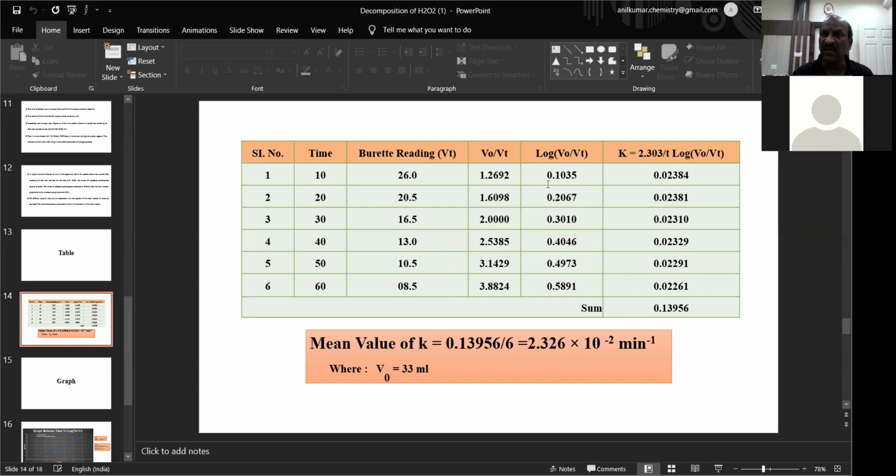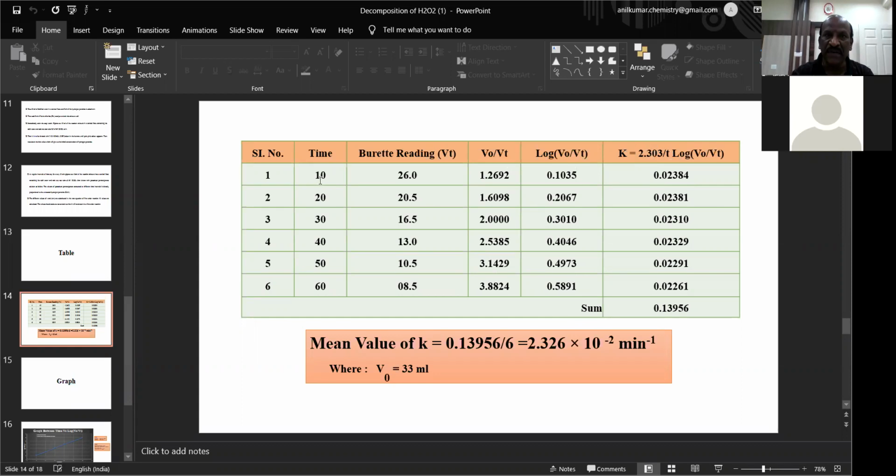You take the logarithm of these values. The logarithm of 1.2692 gives 0.1035. Similarly, we have to take the log for the others. We get the V0 by Vt value, and this is the log V0 by Vt value. Then what we have to do here is find the K value. Whatever log V0 by Vt value you get, multiply it by 2.303 and divide by T,